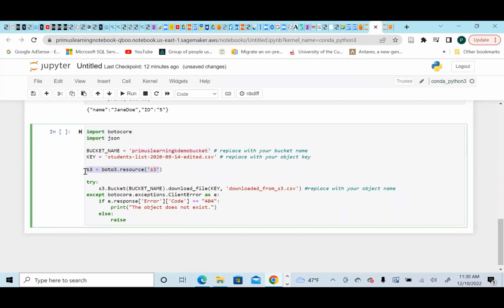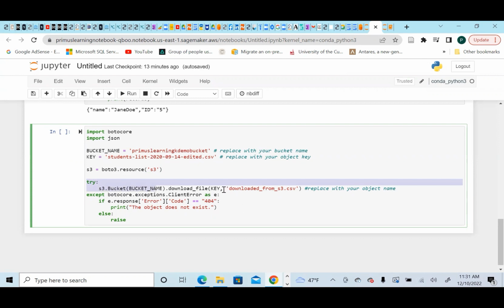This time you're using the Boto3 resource. It's like a wrapper that Boto3 has, the Python SDK for AWS, put together so that you should be able to query data in, or to download, in this case, download data from S3. And we're using the S3 resource, the boto3.resource here, which is like a wrapper just to get your data. So what we're doing is we want to get into a bucket and download a file with